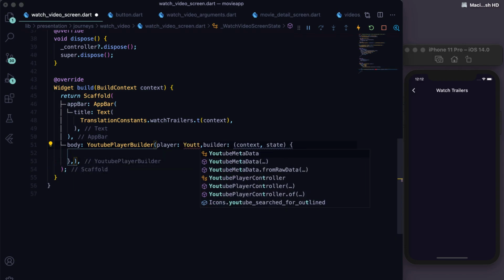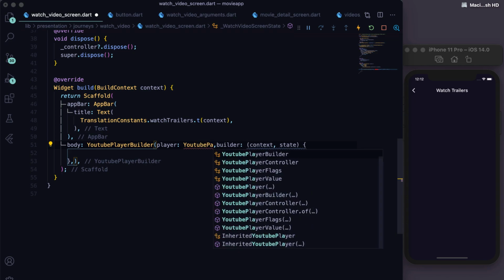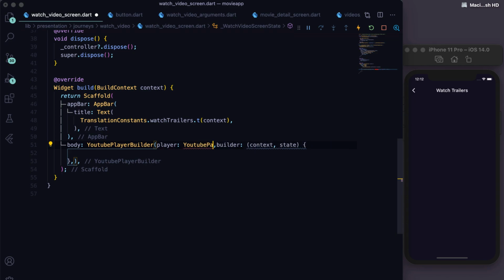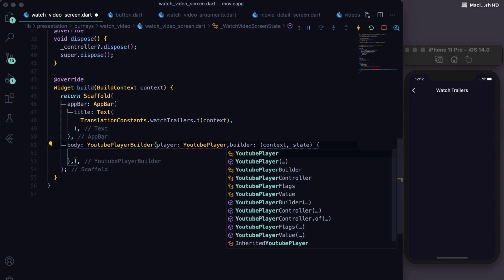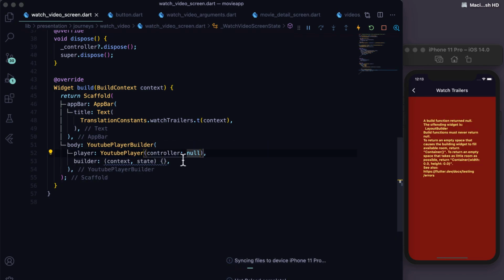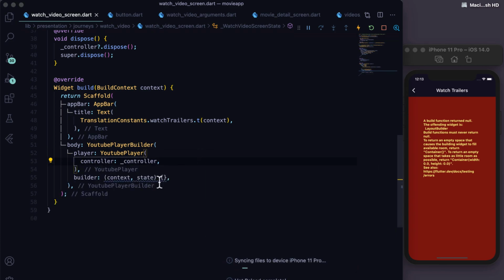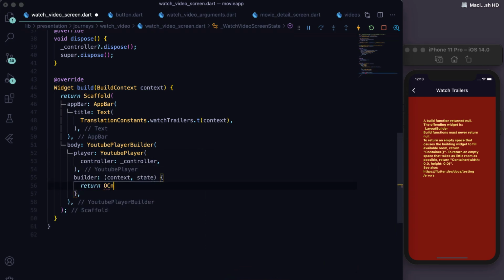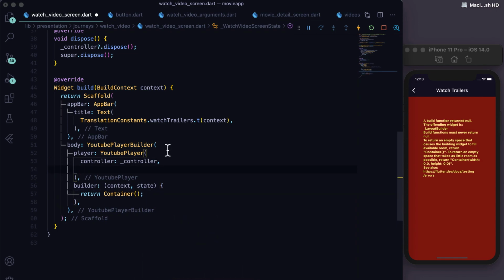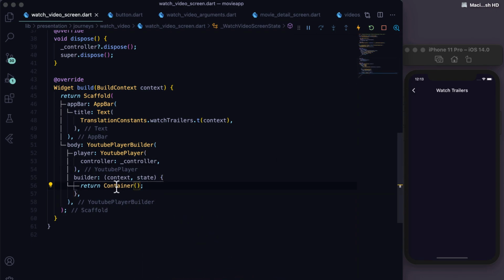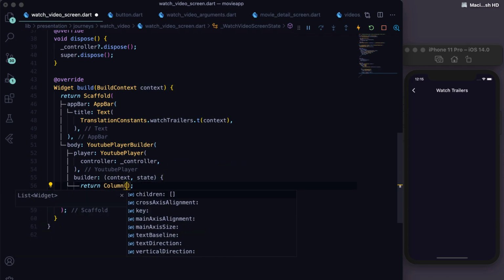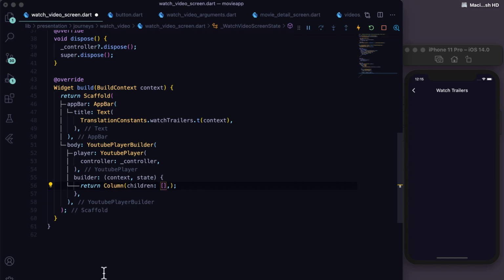In the player, you can provide properties like controller, aspect ratio, colors of progress bar, and many more that you can explore as per the requirement. The builder will take in the player itself and will play the video assigned.